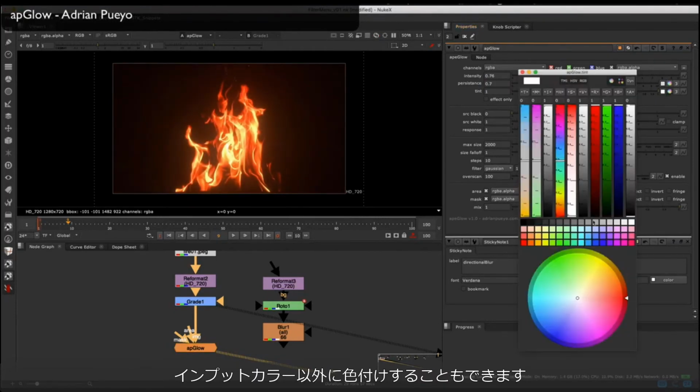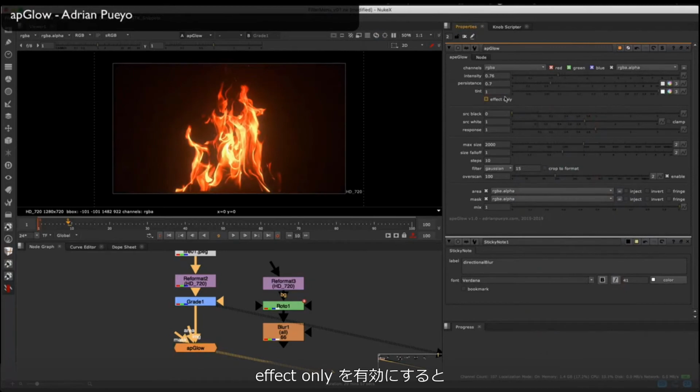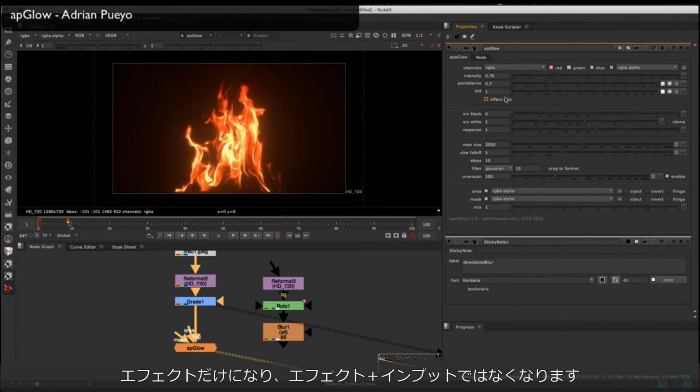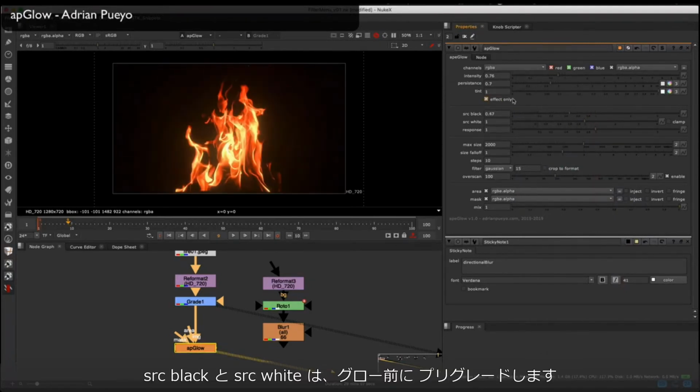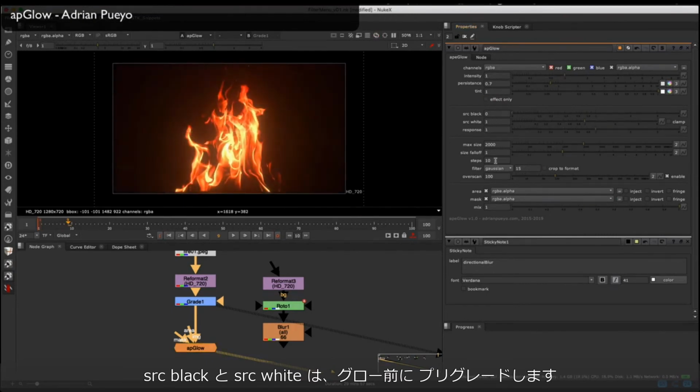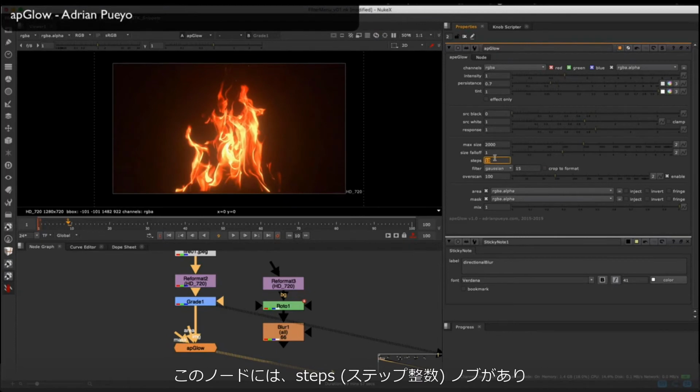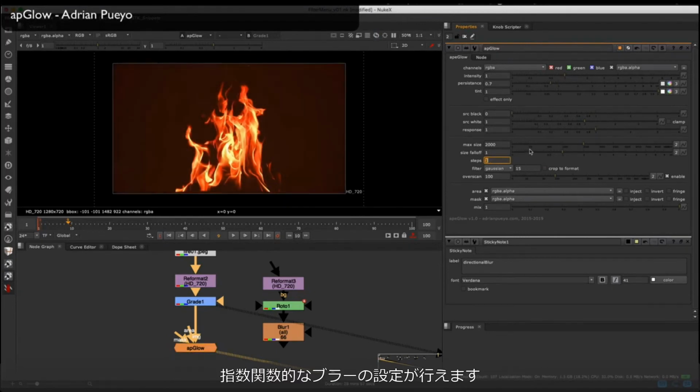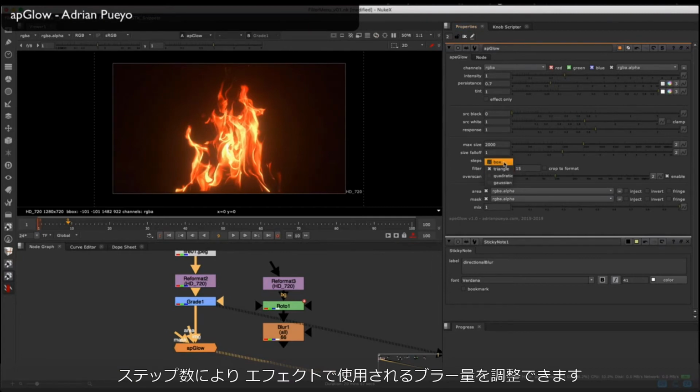You can tint the color to something other than what the input color is. If you check on effect only, it's just going to be the effect and not the effect plus the input. The source black, source white, and response section is actually doing a pre-grade on the input before it glows. The node comes with a steps integer knob, which is the amount of blur nodes it's using to do the exponential blur. So you can raise or lower the steps number, and it will change the amount of blurs being